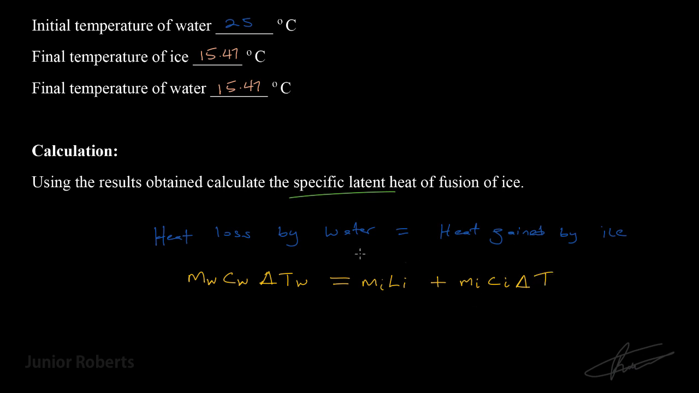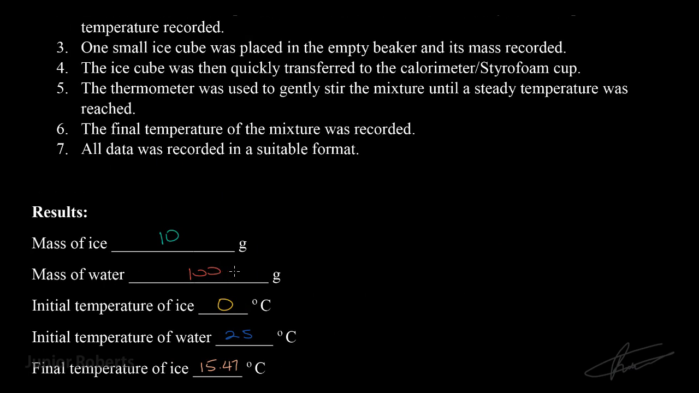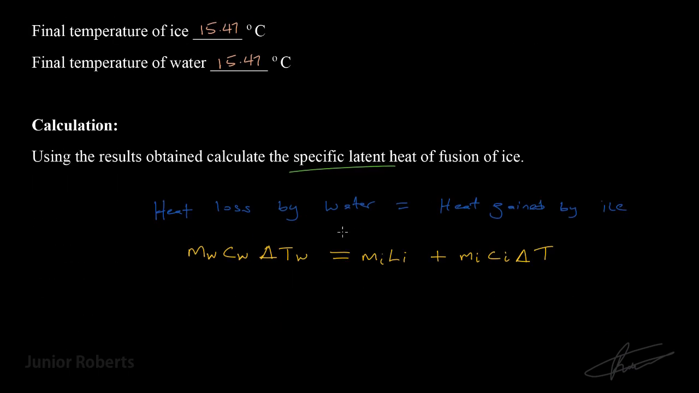Now we're going to start to fill in some values. The mass of the water is 100 grams, so we're going to convert 100 grams to kilograms, and we get 0.1 kilogram. So we say 0.1 kilograms multiplied by the specific heat capacity of water, which is 4,200 joule per kilogram per Kelvin, multiplied by the change in temperature